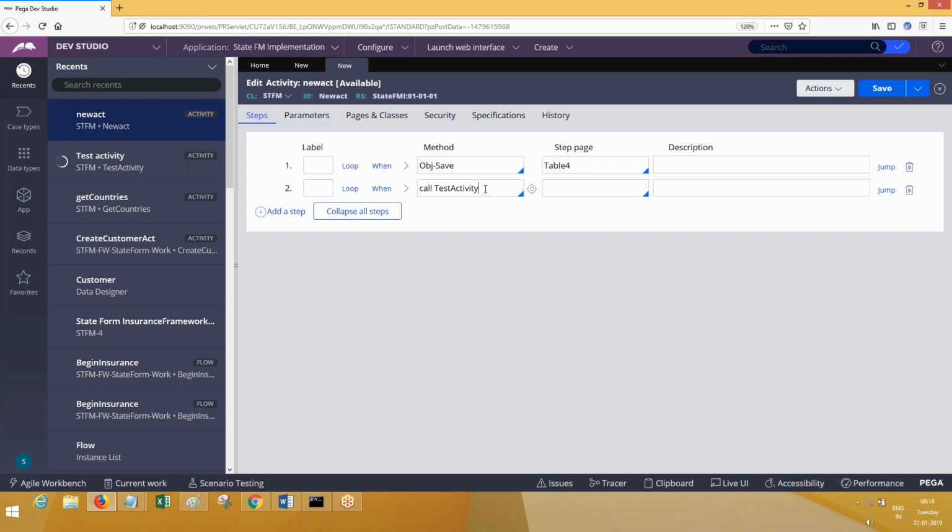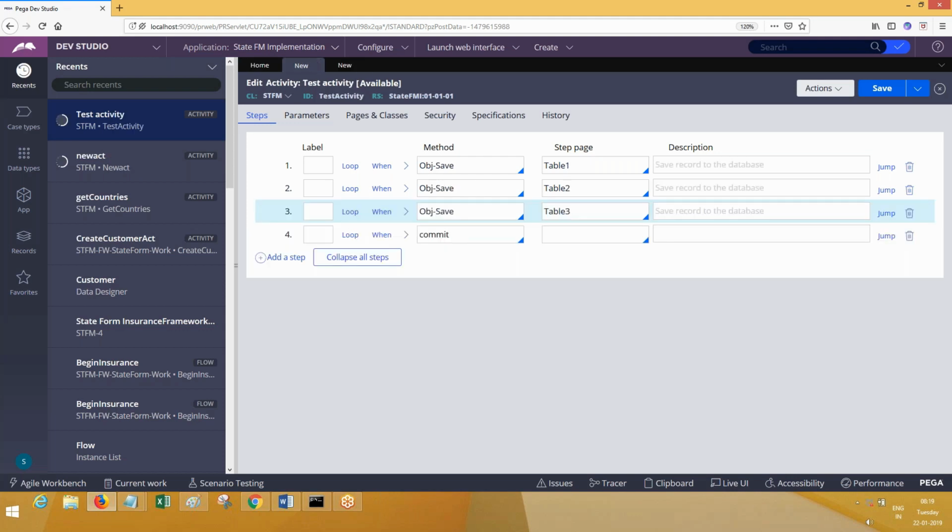This is clear. So your commit method is going to perform the commit, that means save from the entire defer queue into tables. It will take the entire defer queue and store into respective tables. While write now is going to work on the specific OBJ save on which it is selected. It is an immediate commit operation.